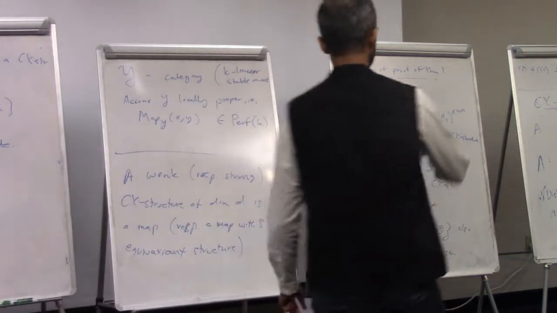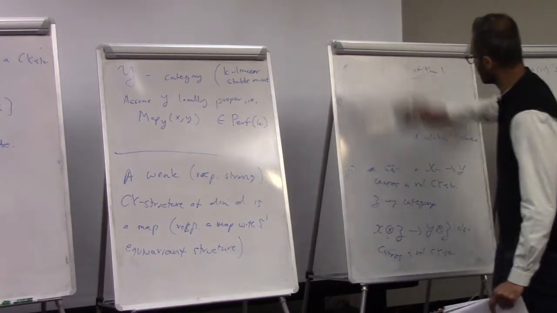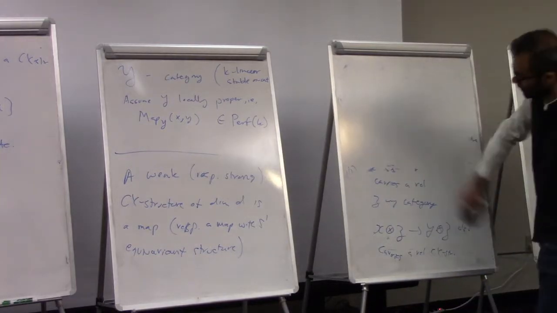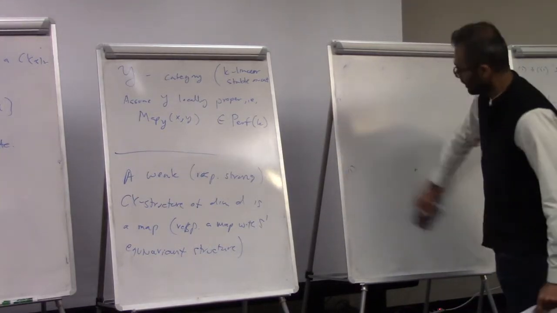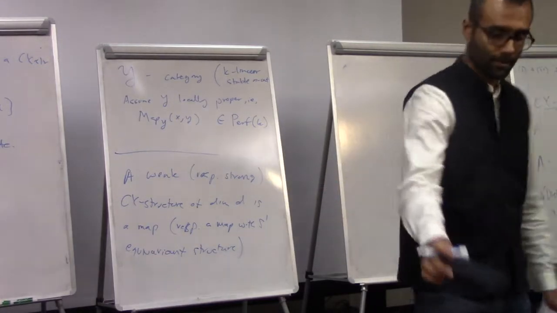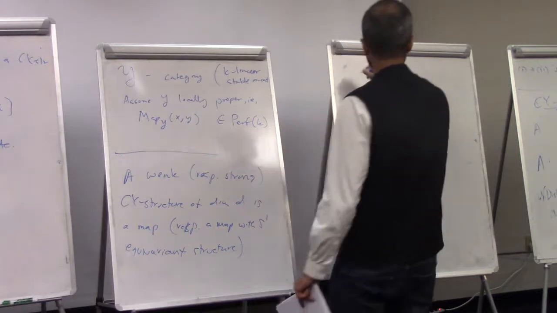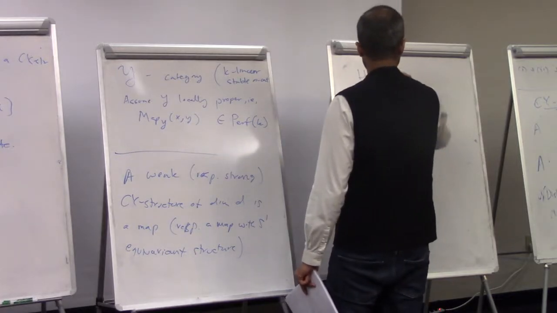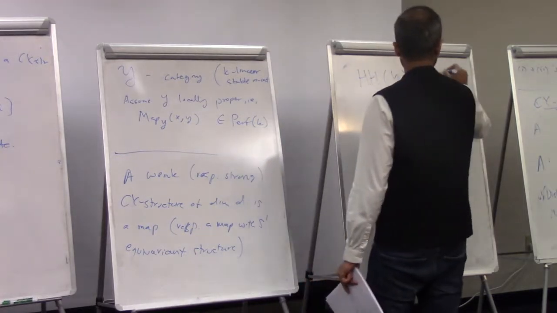When I say Hochschild homology, I mean the spectrum of the chains computing Hochschild homology. So a map from HH of Y to K shifted by minus D,